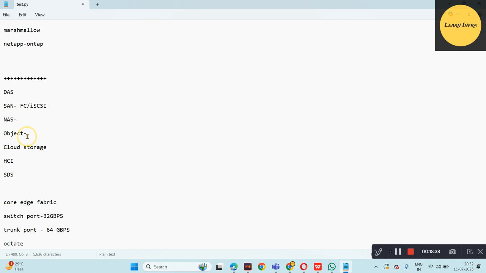So it is totally unstructured, but it can have geopolitical or dispersed locations. Suppose you have something in Mumbai and you want to share it to Ireland, so it's better to use object storage for that. In cloud, you are using Amazon AWS S3 or Azure Blob Storage. Whenever you're putting files there, it depends on the region. Suppose you're in India, but your region is Virginia, then the data is not in India,